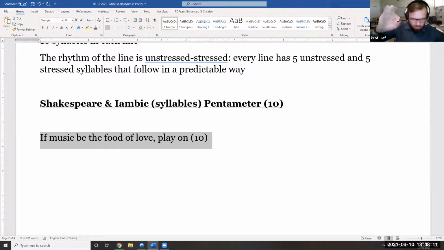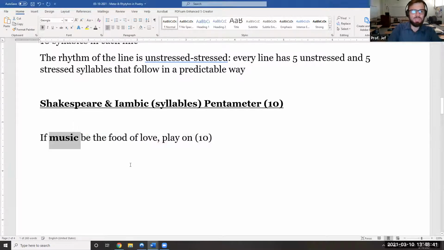But I think we've got some very specific words, even in just this one line, right? So if music be the food of love, play on. Now, remember, iambic pentameter is a specific type of rhythm. I'm not testing you on iambic pentameter. I am just using it as a way to talk about stressed and unstressed syllables. Remember, iambic pentameter means unstressed stressed, unstressed stressed, unstressed stressed. And so that means unstressed would be if, so that means music stressed,